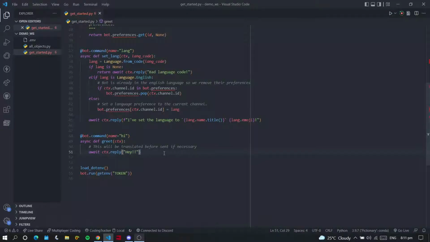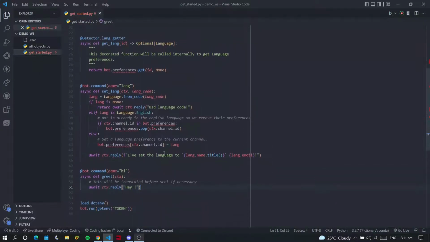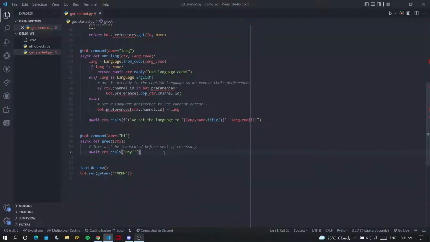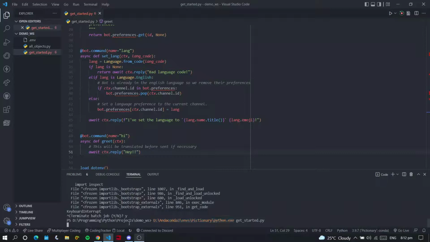So when you install the extension, you don't have to change anything at all to your interfacing commands, or interfacing methods, I would say. The interfacing methods, by which I mean reply, send, respond, and all those sorts of methods, you don't need to change any one of them in any aspect. And the extension will simply recognize where they're being used and translate them based on how they're being used. And once the bot is ready,